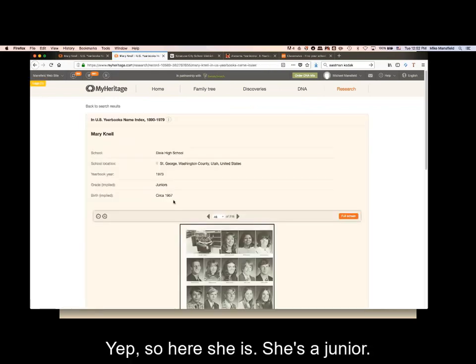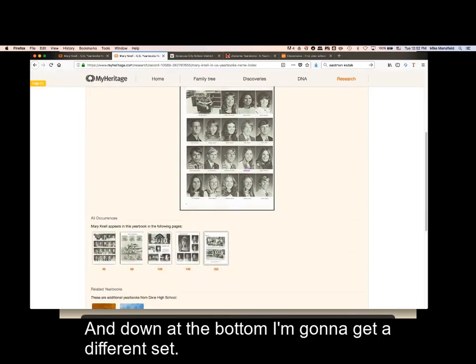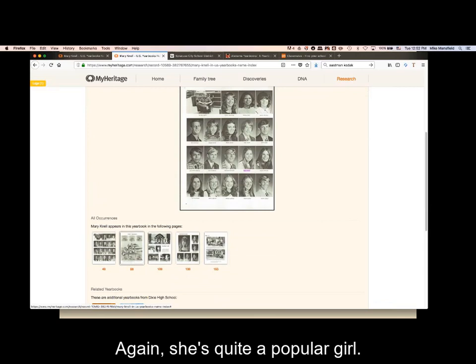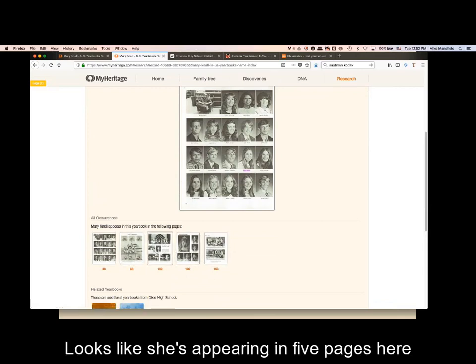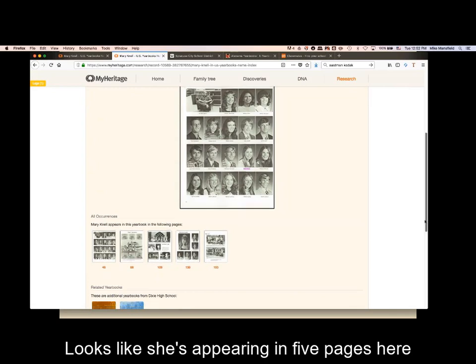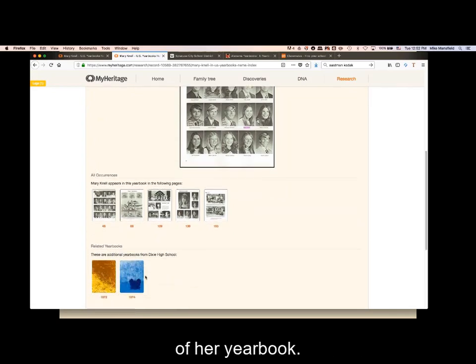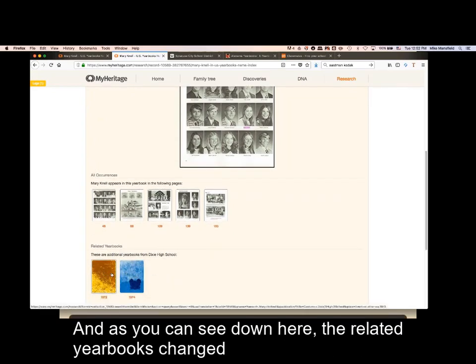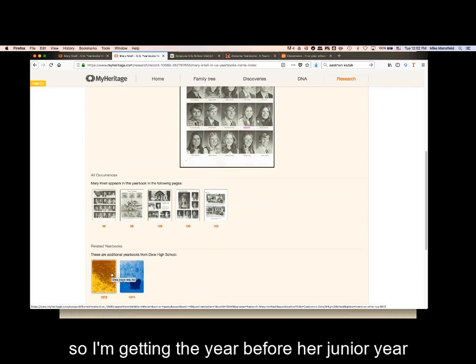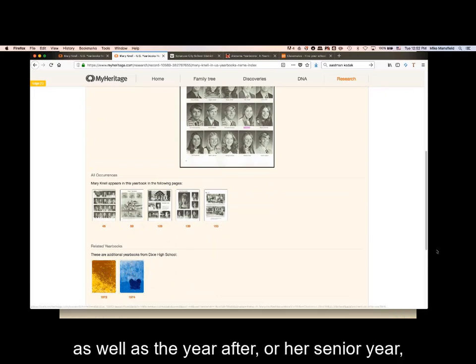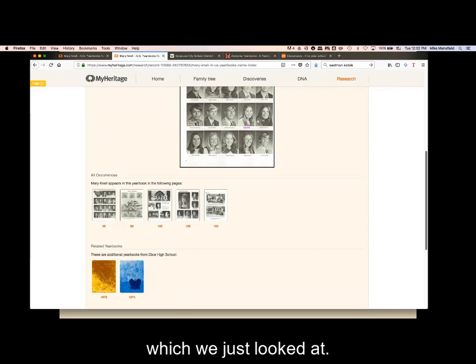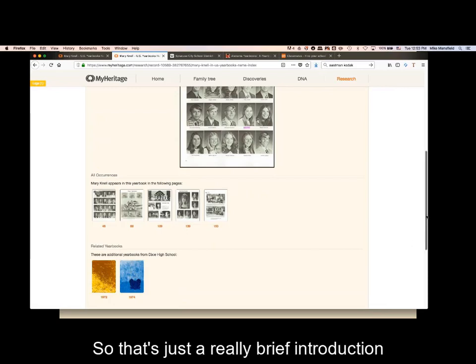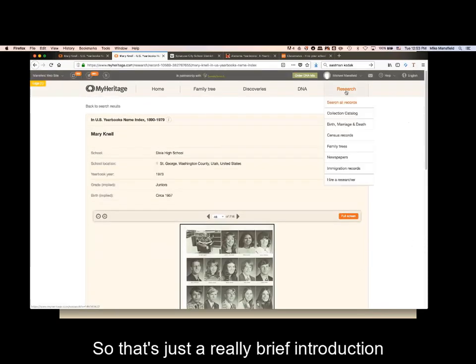Yep, so here she is. She's a junior. Again, we have the same estimated birth year. And down at the bottom, I'm going to get a different set. Again, she's quite a popular girl. Looks like she's appearing in 5 pages here of her yearbook. And as you can see down here, the related yearbooks change. So I'm getting the year before her junior year as well as the year after, or her senior year, which we just looked at. So that's just some really brief introduction to the